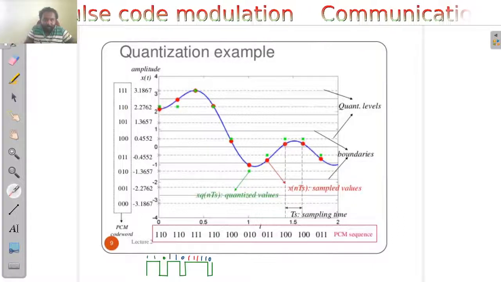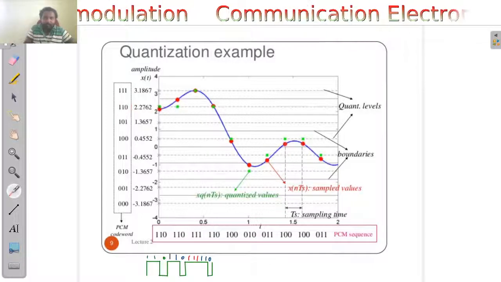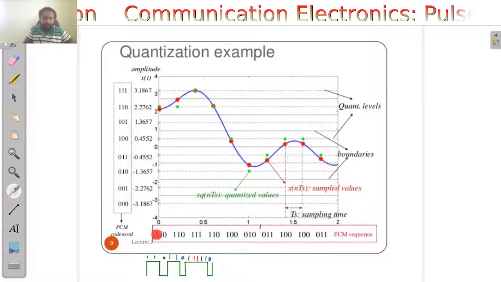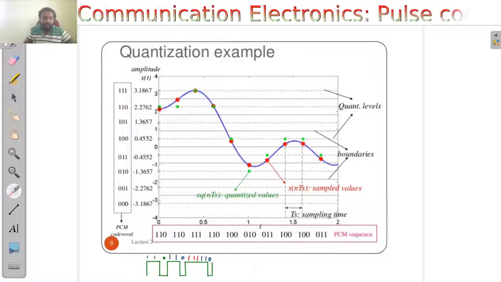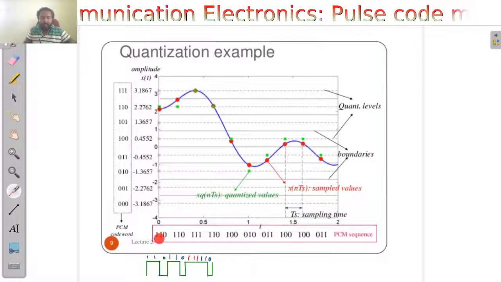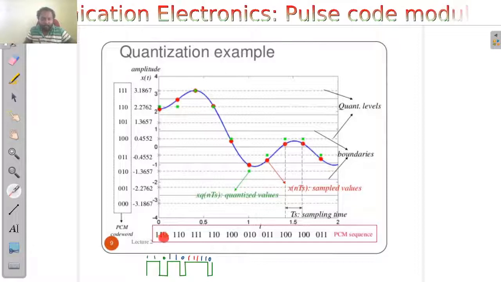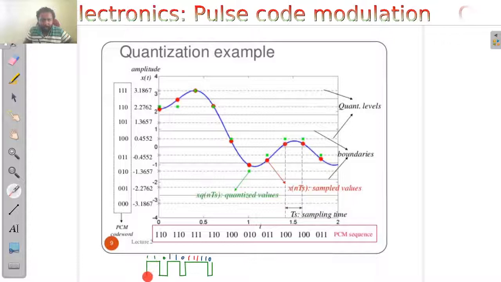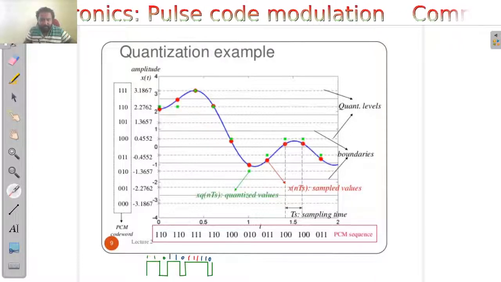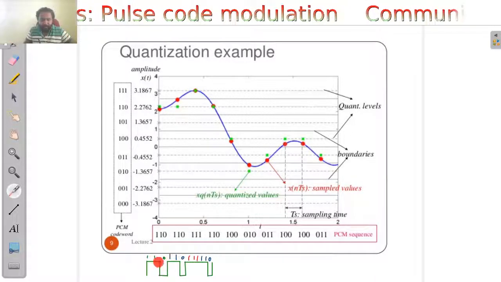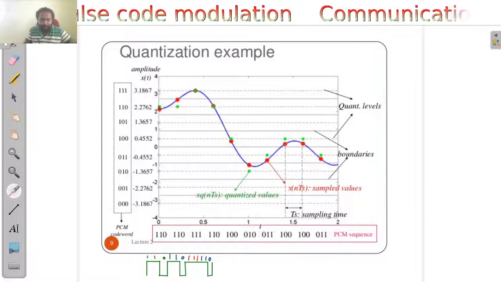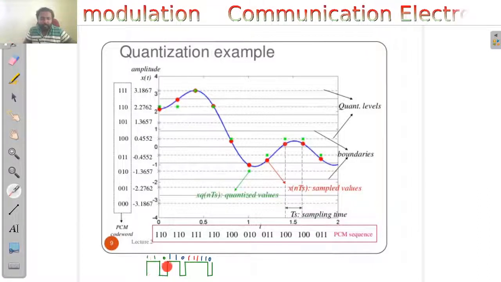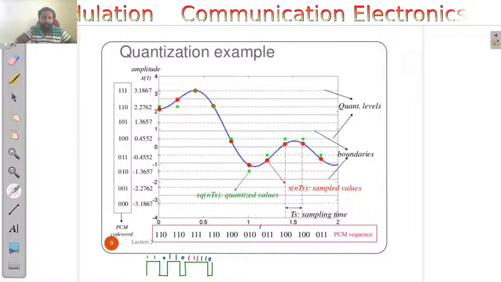So for that we will be taking the digital representation of this. The first sample is represented by 110. That is why your PCM sequence will be starting with the digital data 110, and correspondingly you will be having a representation of 1 by the pulse, like this. The next one also will be represented by a pulse. Then it comes into a trough, so that represents 0. So 110. These 3 pulses will be representing your first sample.